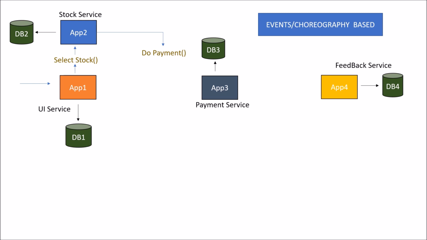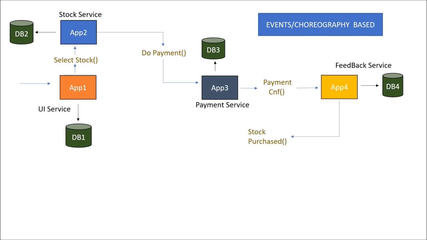Now the payment service will listen to the do payment event, and after the success or failure of the payment, the payment service will generate a payment confirmation event. So this payment confirmation event will contain either success or failure. Now the feedback service will listen to this payment confirmation event, and the feedback service generates an event called stock